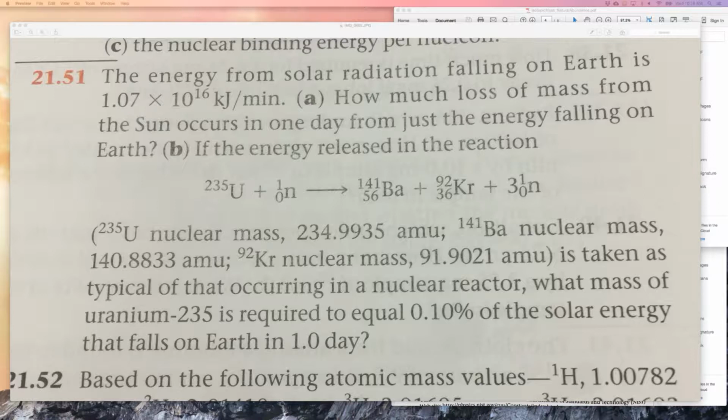And then part B asks us, if the energy released in a nuclear reaction involving uranium-235, which is decaying via neutron bombardment, and we take that as typical of what we have in a nuclear power generator or reactor, what mass is required to equal 0.1% of the solar energy that falls on the Earth in one day? So we want to be able to compare what we can do in a nuclear reactor to what the sun is doing. So the first thing that we have to do is convert a rate of solar energy into